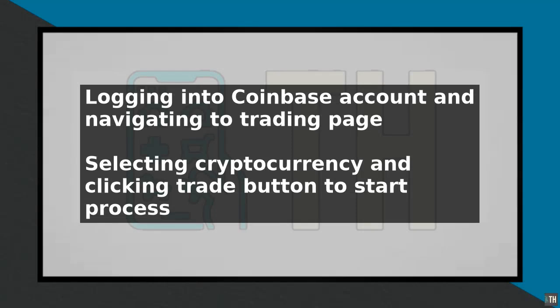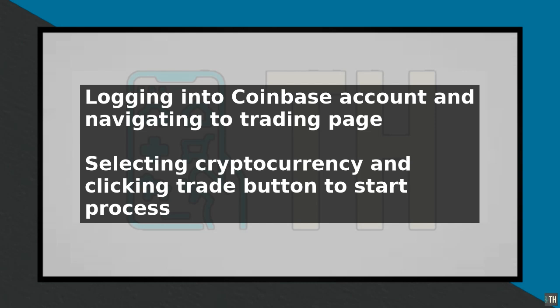To place a limit order on Coinbase, start by logging into your Coinbase account and navigating to the trading page. Select the cryptocurrency you want to buy or sell and click on the Trade button. Choose the Limit Order option, which allows you to set a specific price at which you want to buy or